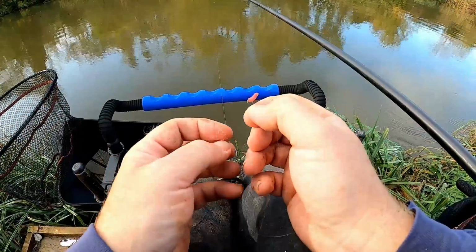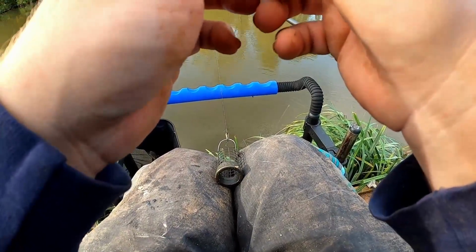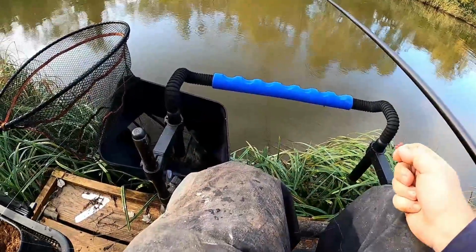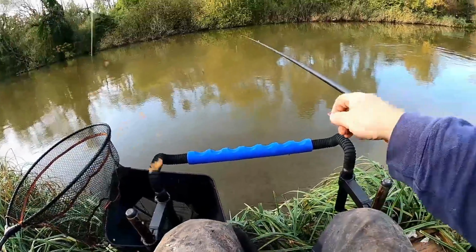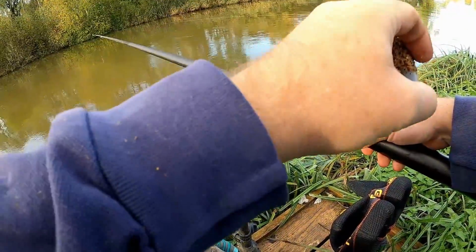I've balled in with 12, 13 balls. Can't remember, something like that. This is my first put in. I've not had a put in. This is my first put in ever. The pole feeder. I think I'm just going to fill the feeder like so, and I'm going to do my very best to try and